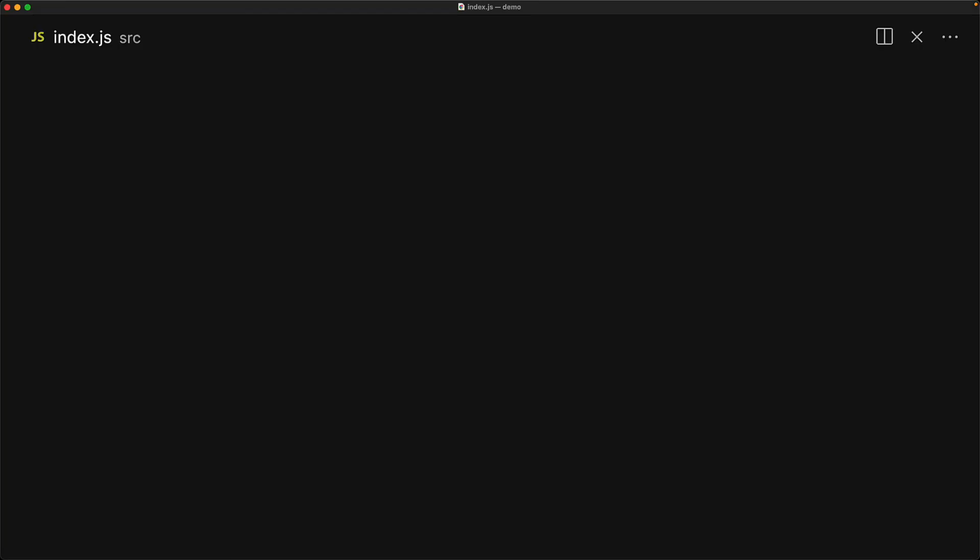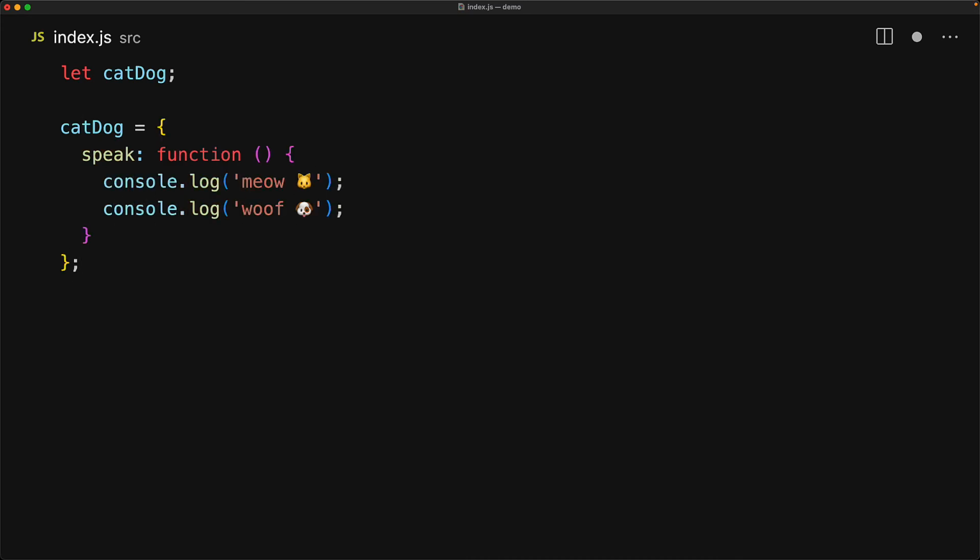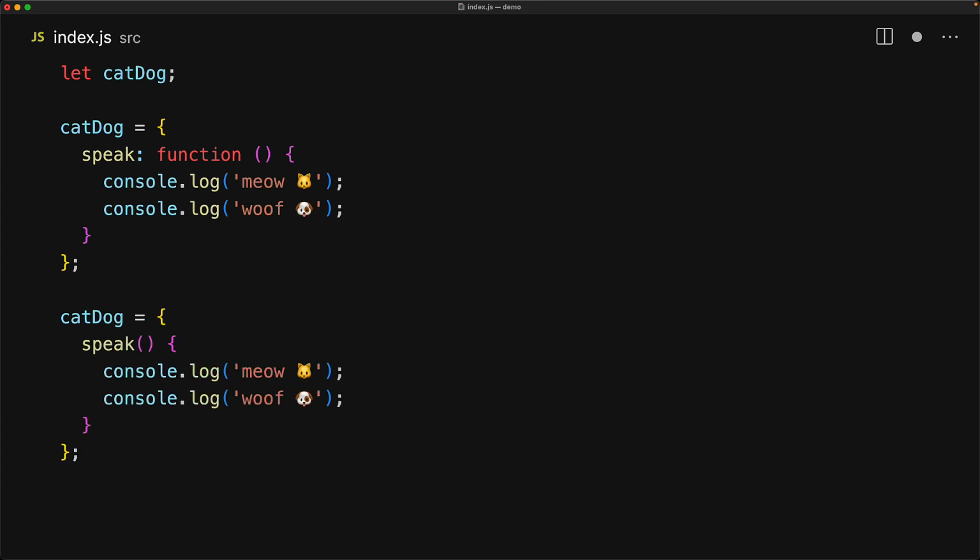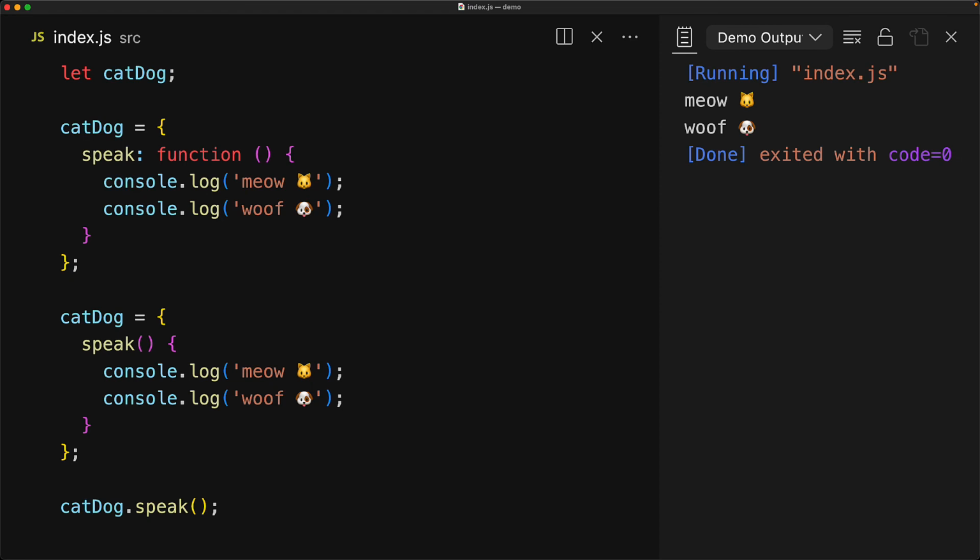As an example, consider an object cat_dog that has a method called speak, which is a function that logs two simple statements. Here we are using the key value syntax of objects that we have looked at before, where speak is the key and the value is the function. The object method definition syntax gets rid of that colon, gets rid of the function keyword, and provides a much tighter experience. There is no functional difference between the two. If the body of the function is a simple expression, I would use an arrow function, otherwise I would use